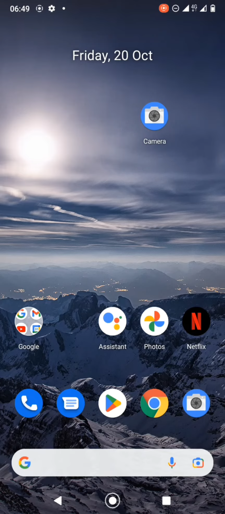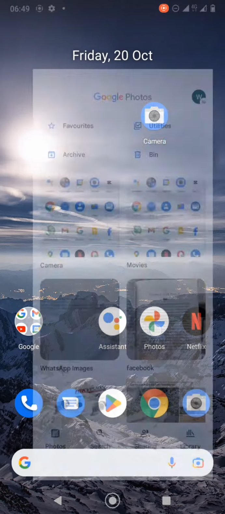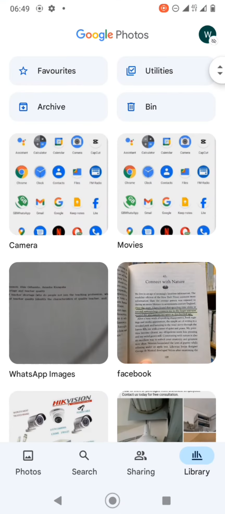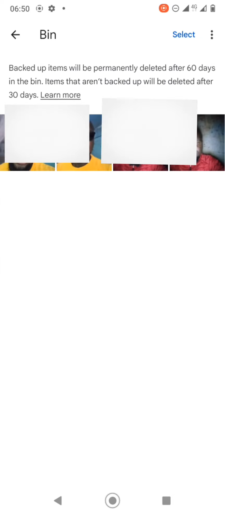If you want to recover videos and photos, click on the Photos app or any other video app. Now, under this pop-up, look for Library. Okay, there are very many options here: Favorites, Utilities, Archive, and Bin. Look for the bin. Okay, these are the photos that have been recently deleted, but I want to recover just